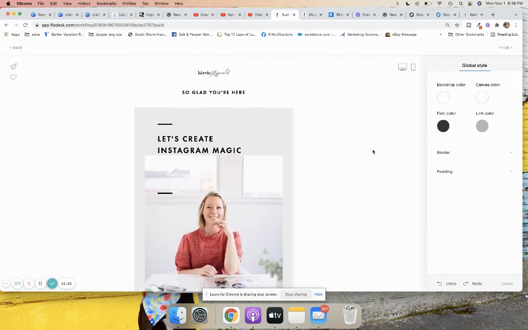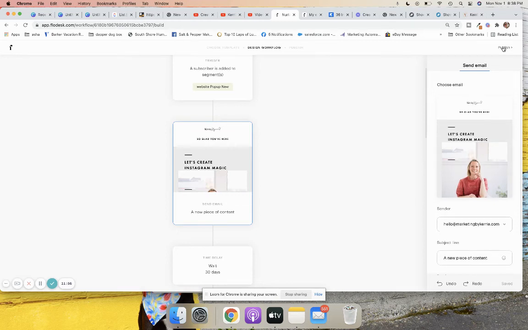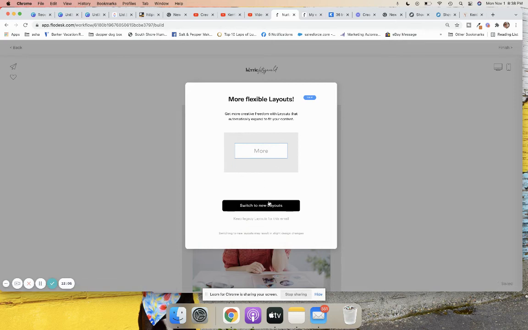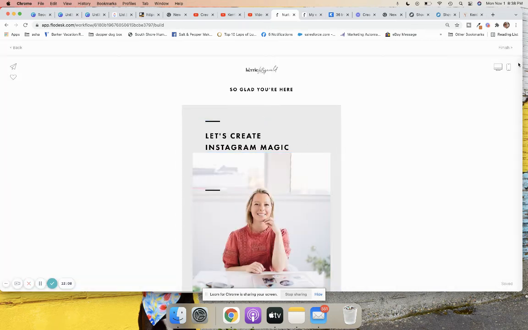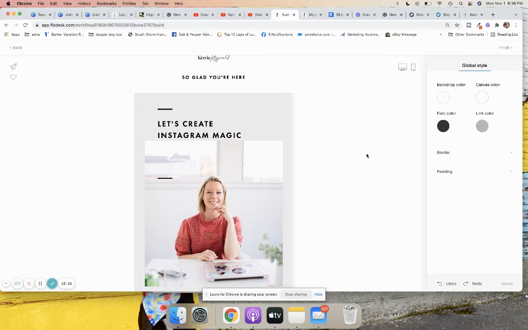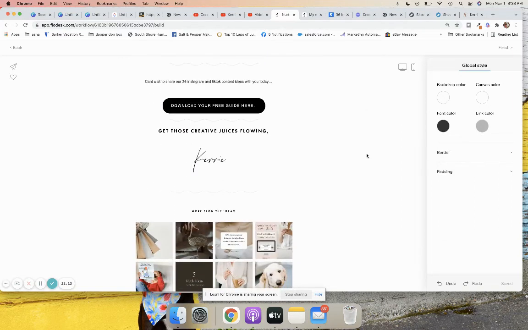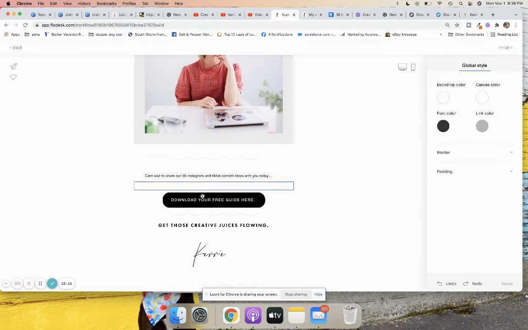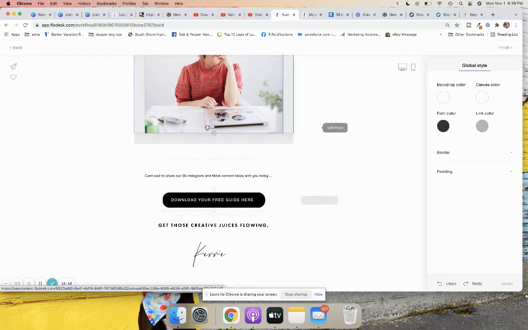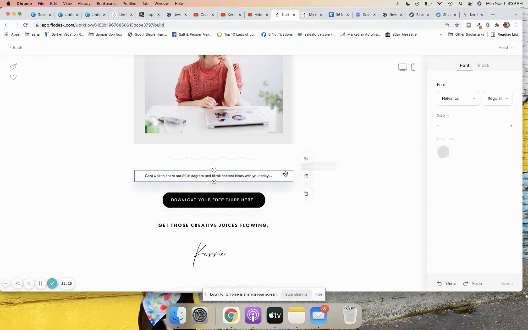And that is it. So now when someone, again, if you're giving away a free guide or you are giving away a coupon code, you would just put that information here. Let me just go back to this email here. So if you're giving away a coupon code for your subscription box business or your e-commerce store, then you would basically want to use this email to give them that discount code. So here you would say something like, we're so happy to have you on our email list. Use code blah, blah, blah, and put it in the button here. So you'd basically put something like,